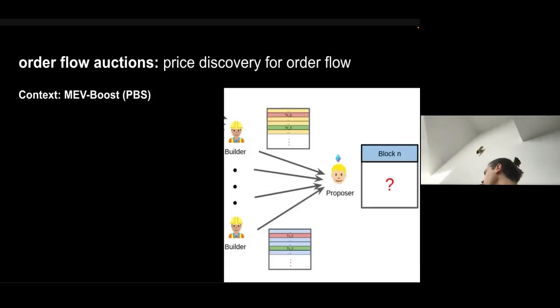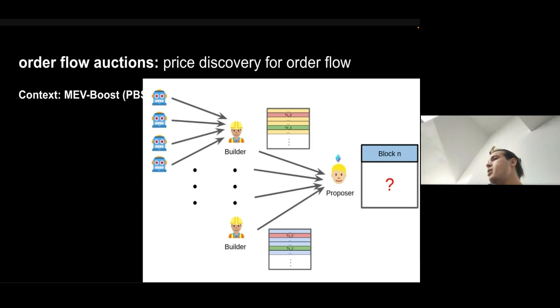You might have seen this diagram before, or diagrams like this, right? We have MEV boost, where we have builders submitting blocks to a validator to try to get blocks on chain. And then we have additional auctions with searchers trying to compete to get bundles into specific blocks, which then compete in a later auction. But this is all part of one system that is distinct from the order flow auction. This is looking at just getting blocks on chain, looking for competition over state. And the value accrues to a proposer.